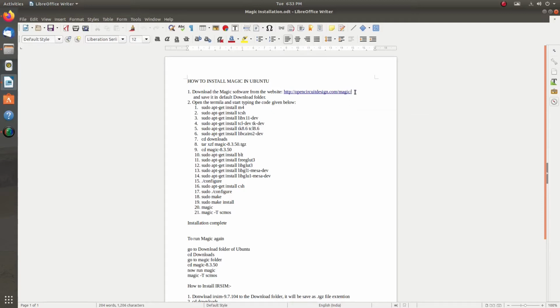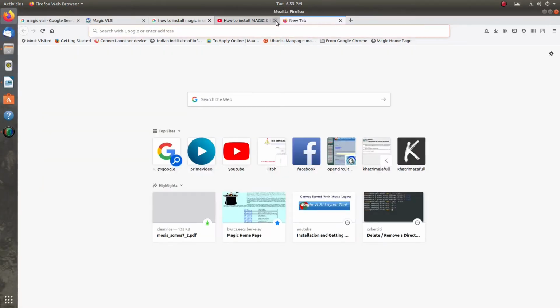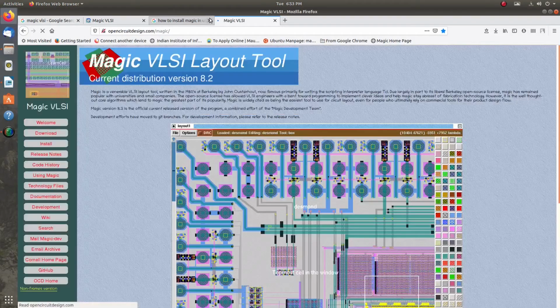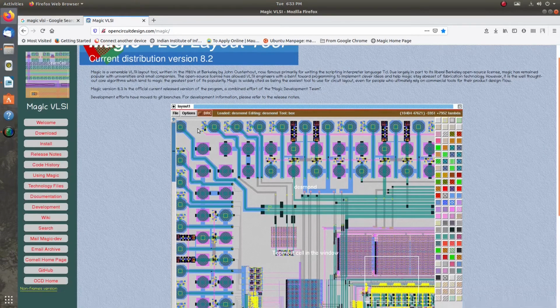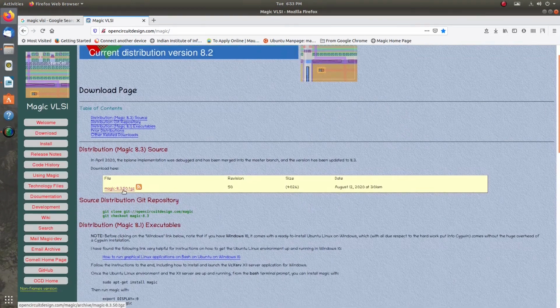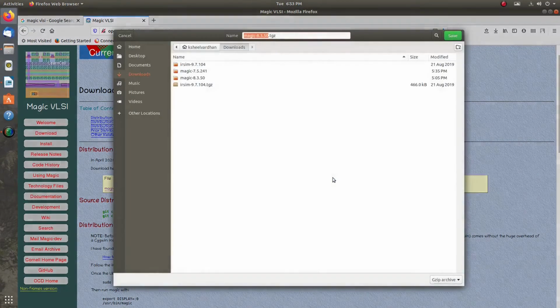There are several steps. The first step is to download the Magic software from the website opencircuitdesign.com/magic. So we will go to this website, and from the download section we can download this Magic 8.3.50 and save it to our PC.